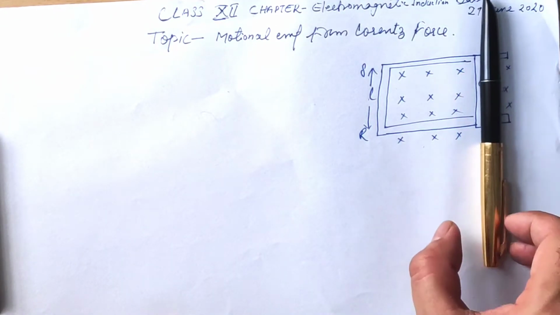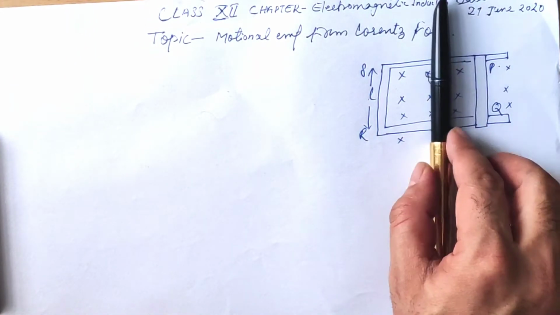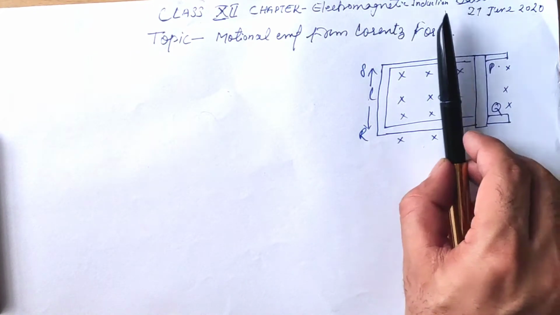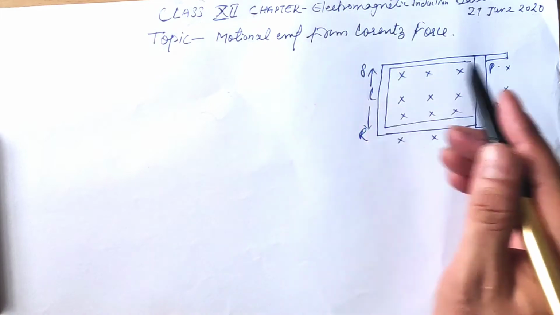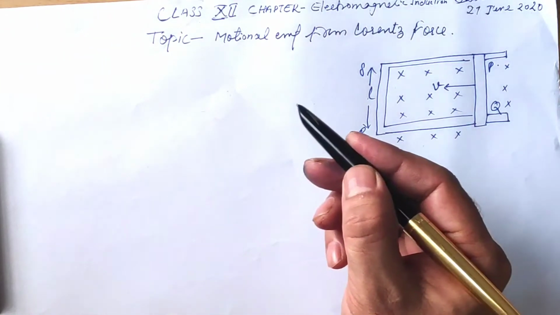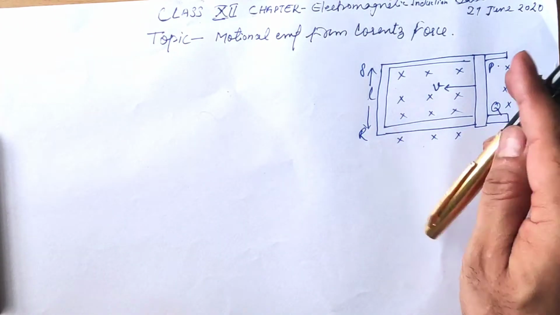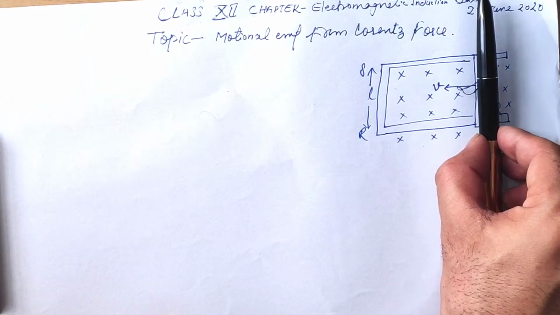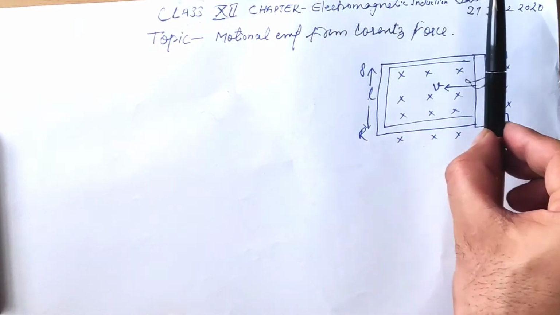This is a pen. Suppose this is a conductor and it is moving like this from right side to left side. So when this conductor is moving from right to left in a uniform magnetic field that is passing perpendicular into the paper, as the arm PQ is moved towards the left with velocity v, the free electrons of PQ also start moving with the same speed towards left. As soon as this conductor is moving with speed v, the electrons already present in this conductor are also moving with it towards the left side.